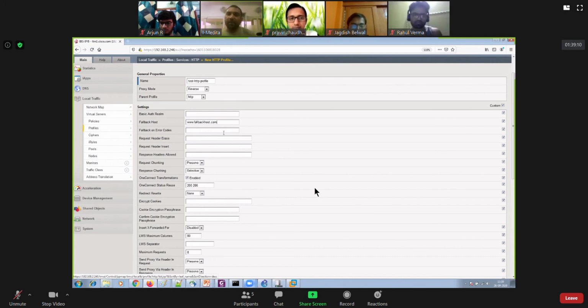You can also define fallback on some error codes. If you are getting an error code coming from the real server, ideally, if your error code starts with 5, which means it's a server-side problem, then you should perform the fallback for those error codes. So you can define your error codes. If your server's response contains one of those error codes, then it should perform fallback. Otherwise it will perform fallback only if the entire pool went down.